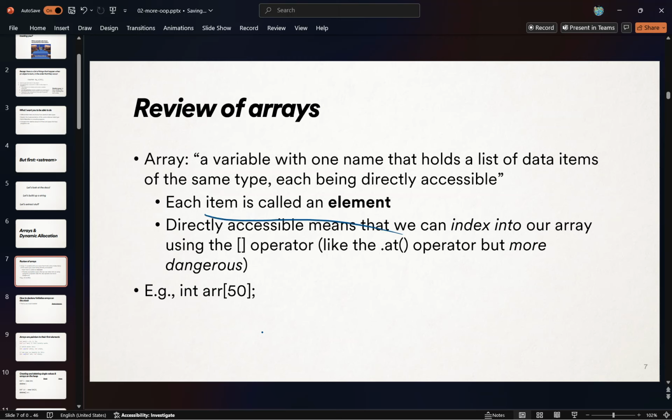We know these words, right? Every piece of an array is called an element. You can get to it with the bracket operator. That's like the .at for vectors, but you have more power, therefore more responsibility. But if you were to say this, int r[50], what does that do? It's going to make an array called r